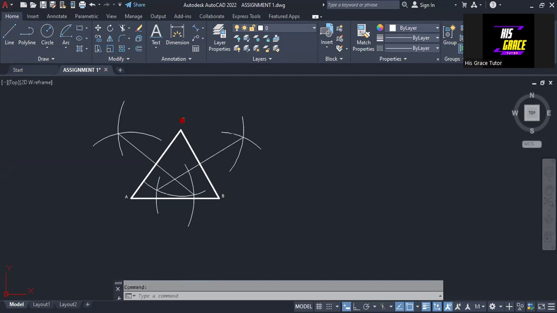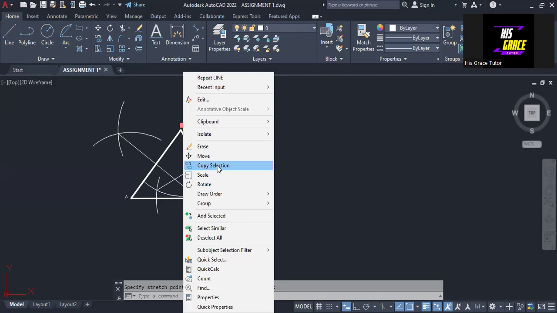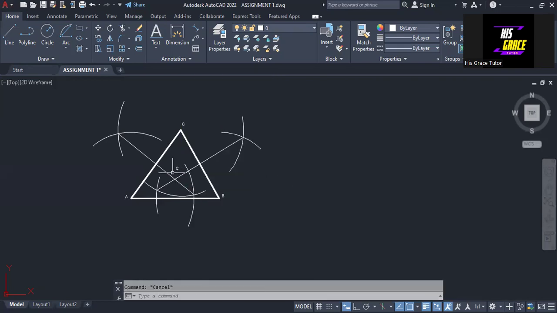So I'm going to be copying this. I want us to have a center for the circle. So I'm going to copy this and bring it to this point. Then I'm going to edit it and call it center O of the circle. All right, so we can now take a circle. Coming to this point, and then the radius is